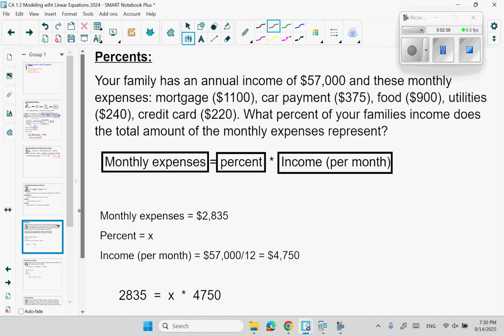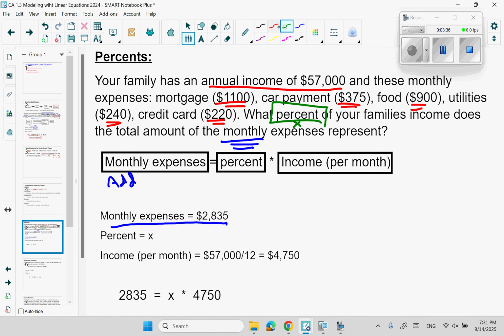So your family has an annual income of $57,000 and monthly expenses of mortgage, car payment, food, utilities, and credit card bills. What percent? So I'm looking for the percent, so I'm going to call that X. That's what I'm solving for. Of your family income does the total amount of the monthly expenses represent? And again, it talks about monthly expenses. So first, I would just simply add all those monthly expenses together. So we would get a total of